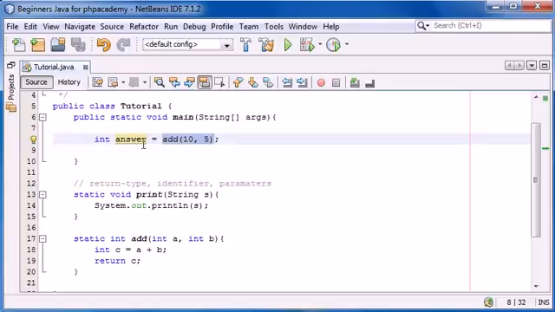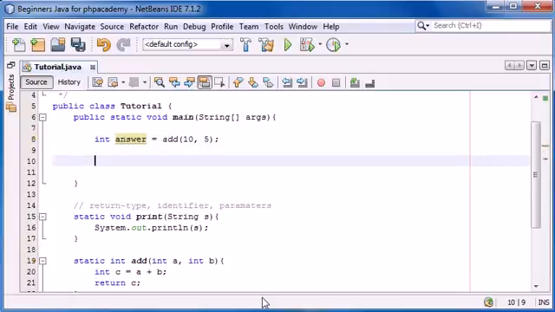The add method returns an integer, so that's alright. We can set it equal to an integer variable. So we specify the parameters 10 and 5. 10 becomes equal to A, 5 becomes equal to B. We then make a variable called C and set it equal to A plus B, and we can then return the value of C. So this returned value of C is then stored in the answer over here, and we can then say